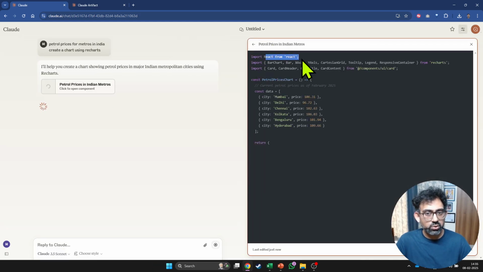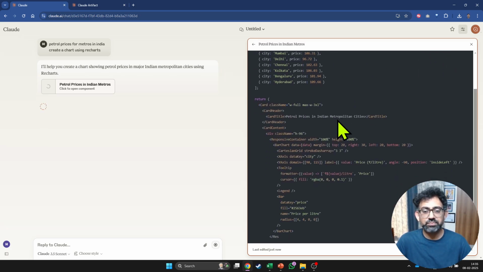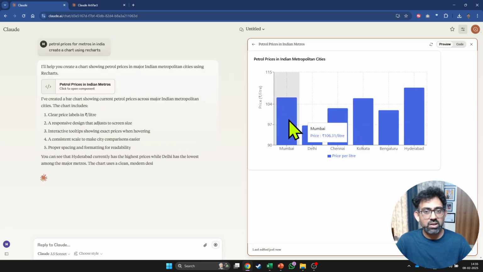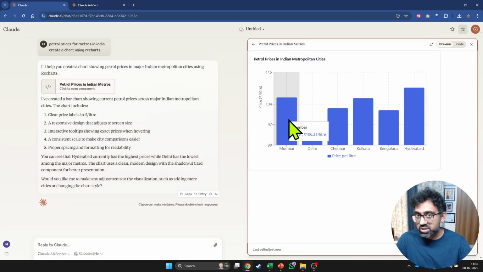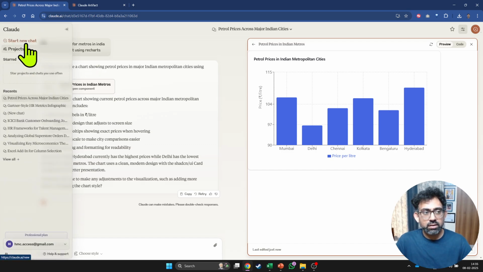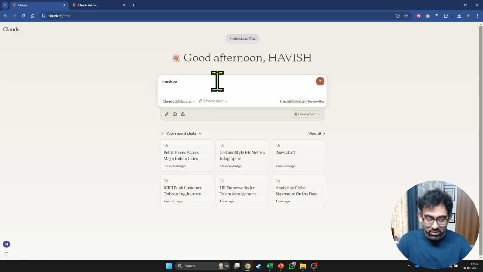So as you can see, it is using React and recharts. And we get this. We are not really talking about the accuracy of prices. You can always provide it with your own numbers or upload a file, but this is fantastic. We can also ask it to make the mockup of an entire